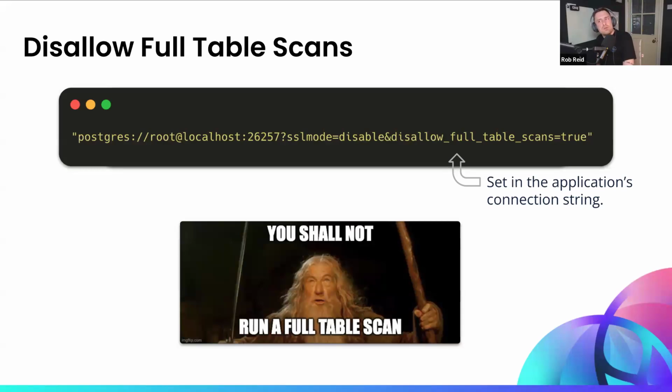Glenn, as a rule of thumb, do you recommend that customers disallow full table scans wherever possible? I can anticipate that you would say it depends on workload to workload, but as a rule, is it sensible to disallow full table scans? It is, but you're right, I would give the engineering answer and say it depends. What I often see is people can have different connection pools, right, where they can do this. They may have some that won't disallow, like reporting type functions that might need to use that on a much more seldom basis. But yeah.